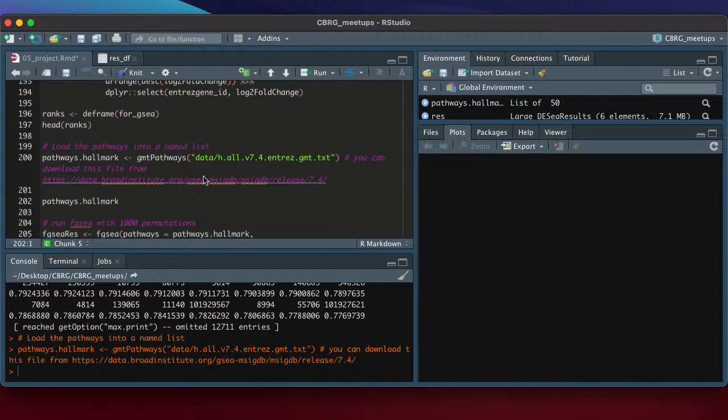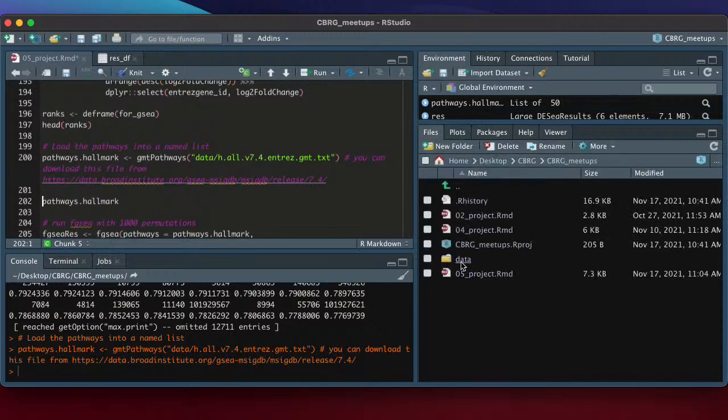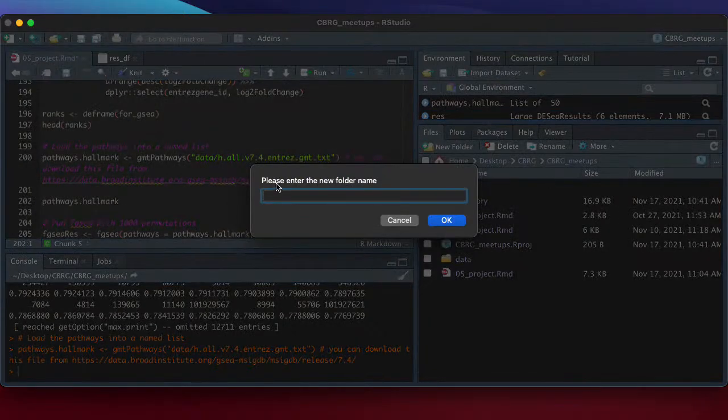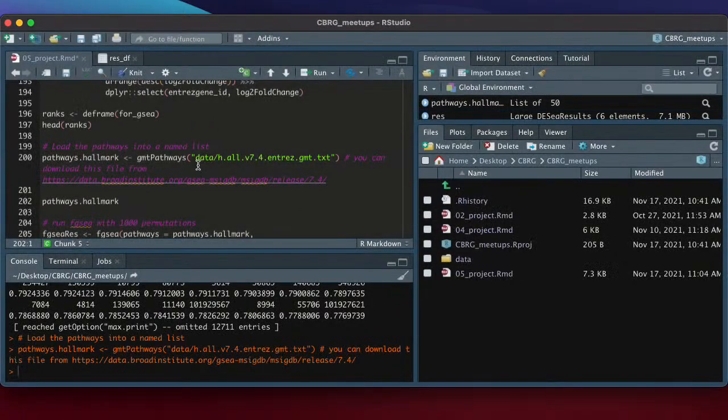Hopefully this works. I mentioned why we do things in projects. I've already downloaded this and put it into a new folder called data. If you don't know how to make a folder in RStudio, it's easy: you just click on new folder and give it a name. Because I'm in a project environment, the path I put in is just the relative path, meaning I just put data/name of the file.